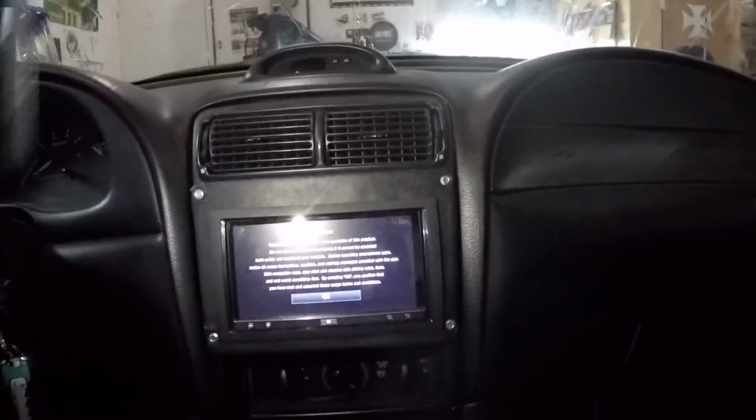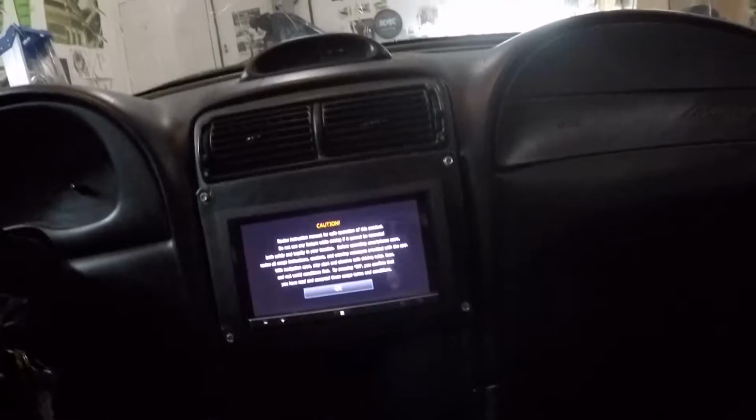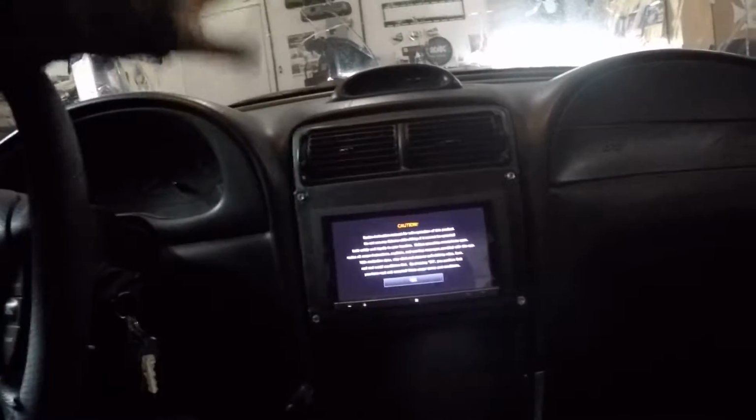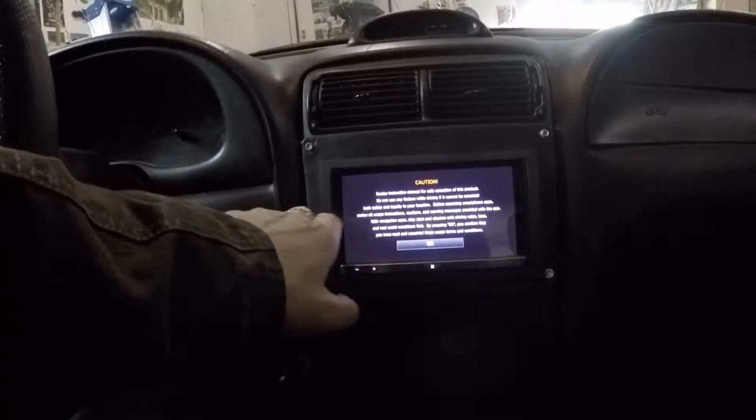When I put this in, I had to do a few things to get it to fit. One of the things I had to do, I'm not sure if you guys got enough light or not. I'm going to go with that and hope that you do. We'll check it after. But anyway, one of the things I had to do was this plastic rim. It goes all the way down here. It goes across here and up here. I actually had a bar right across the middle. And the reason that it had the bar across the middle was because